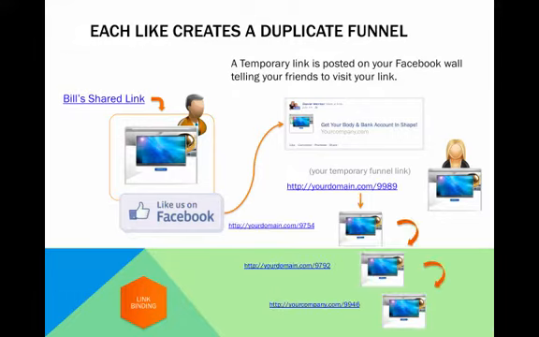And what happens is your friends might go through and click on the Facebook like again just like you did, and what it'll do is it'll create a duplicated funnel for your friends, and that link's posted out on Facebook on their walls. And then it will create another link for their friends who click on it, and so on and so forth down through generations. So basically what happens is as people are clicking like, it's creating a post up on their Facebook, and it duplicates Bill's funnel and creates one for each person that clicks that link.